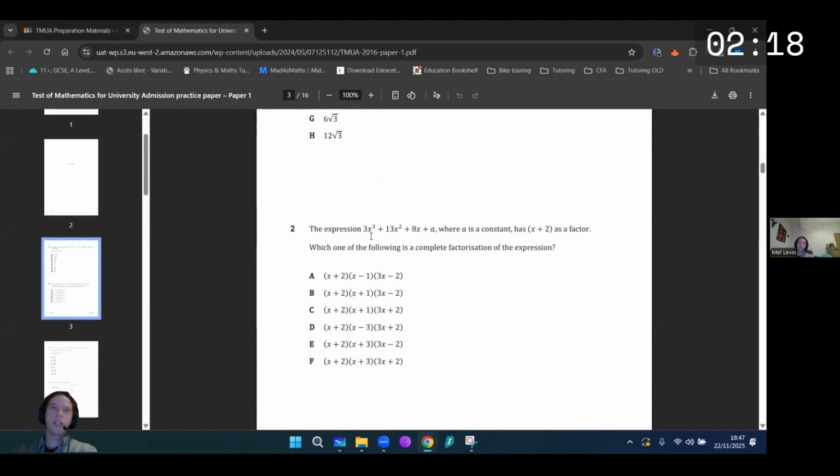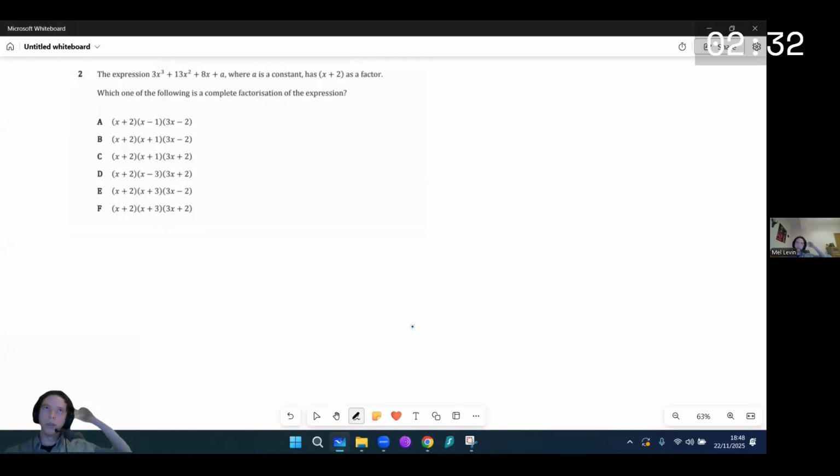The expression 3x cubed plus 13x squared plus 8x plus a, where a is a constant, has x plus 2 as a factor. Which one of the following is a complete factorization of the expression? All right, let me copy this question to the board. So the first thing is x plus 2 is a factor. Okay, so all these have factors. We don't know what a is, but